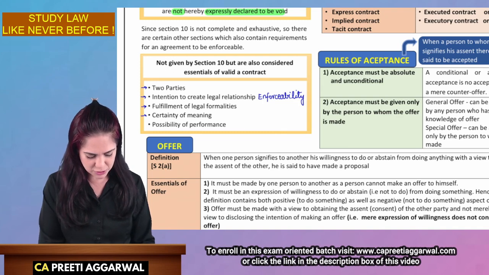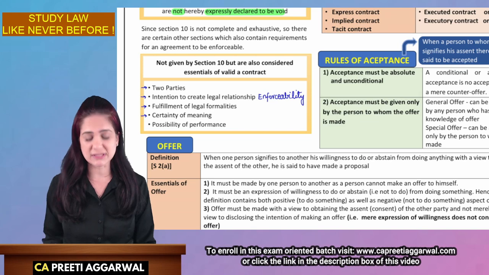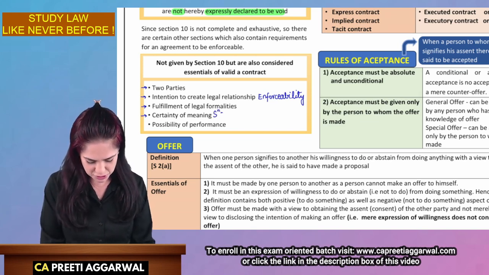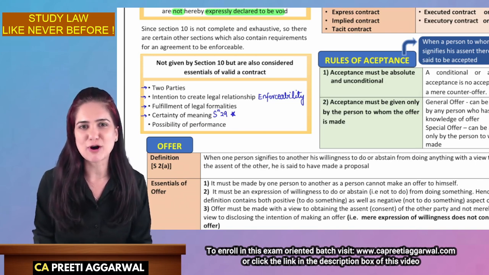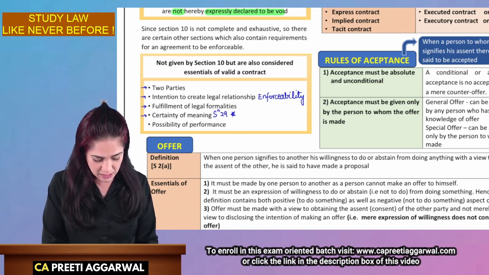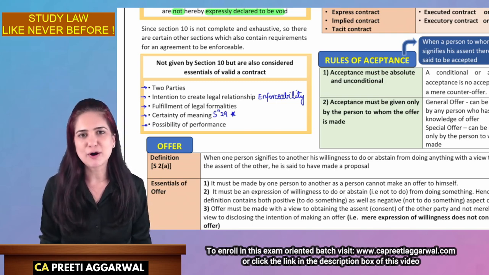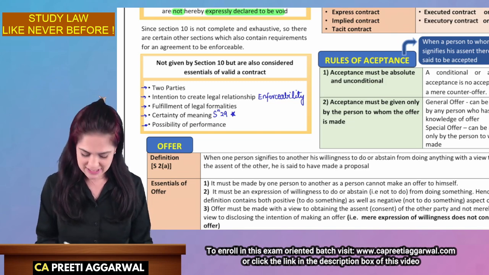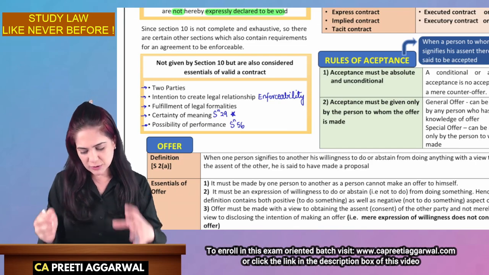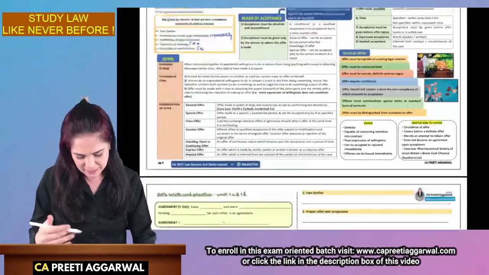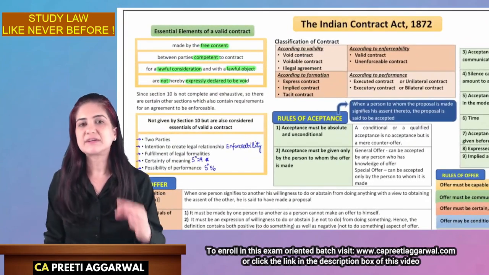Meaning must be certain. Do you remember the section number? Certainty of meaning. You'll revise the section numbers also. Yes. Very good. It is section 29. Please highlight this as important for exam. The contract must be capable. It must be possible of being performed. Section 56. Section 56. See, we are not only going to write in these blanks, but we are also going to make small notes when we revise the concept.